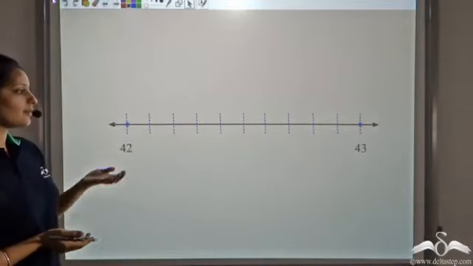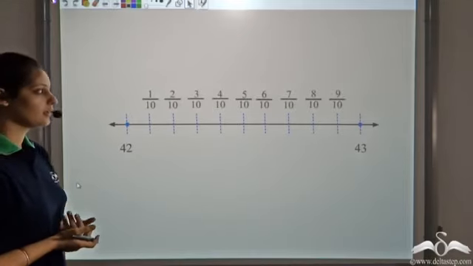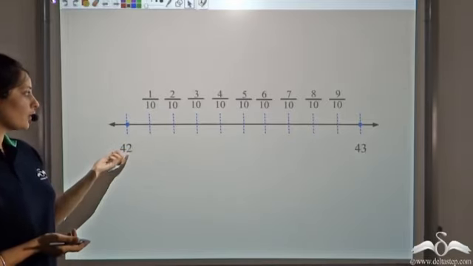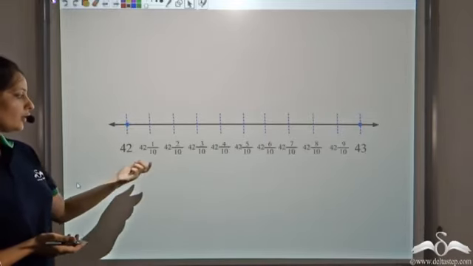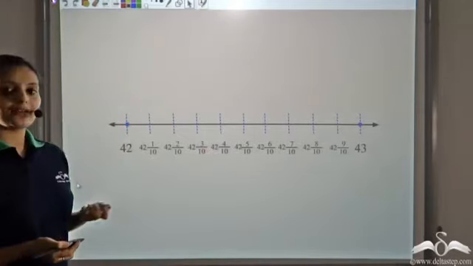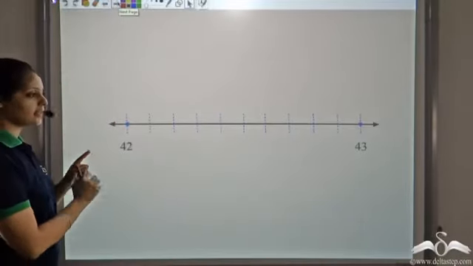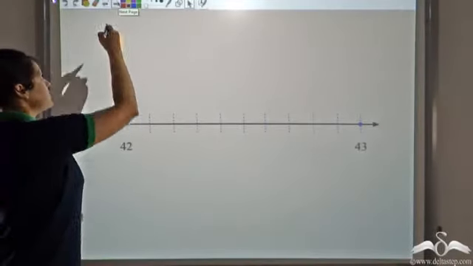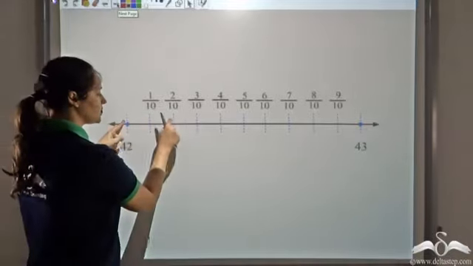We've seen that this can be represented by fractions, which is 1 by 10, 2 by 10, 3 by 10 and so on. Further, this number here would be 42 plus 1 by 10, which is 42 1 by 10, then 42 2 by 10 and so on. So numbers between two consecutive ones can be represented by mixed numbers. So what we've seen is that this unit distance can be divided into 10 equal parts, which we had represented by fractions. This is 1 by 10, this distance is 2 by 10.